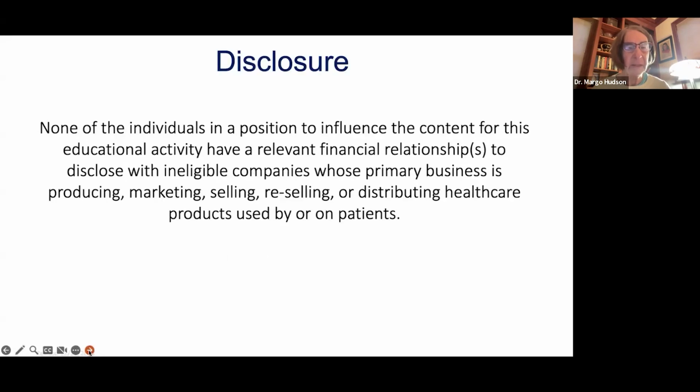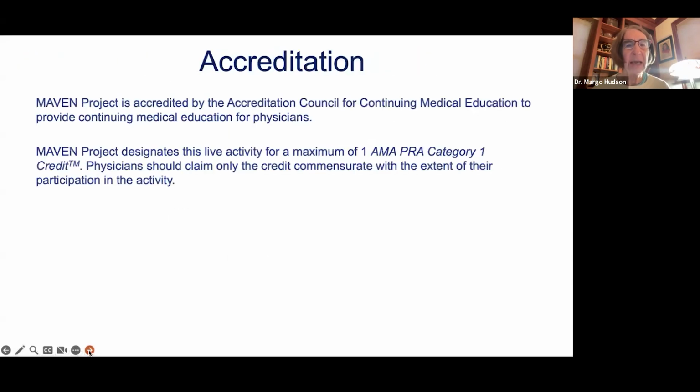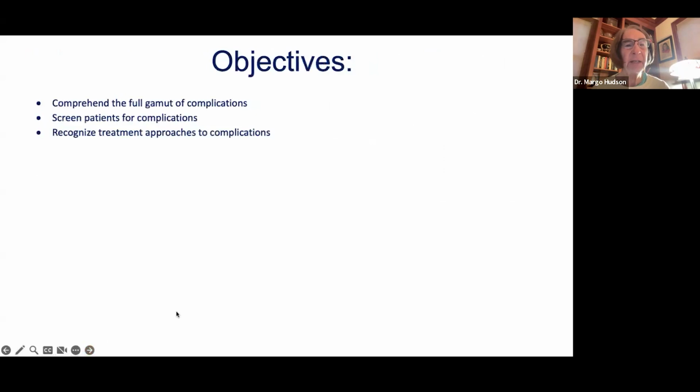So the topic of this talk is microvascular complications of diabetes. And here are the disclosure slides. And here are the objectives. So I hope at the end you can appreciate the full gamut of complications from diabetes, screen patients for these. I'm specifically not talking about the vascular complications, but the microvascular complications, and recognize treatment approaches for